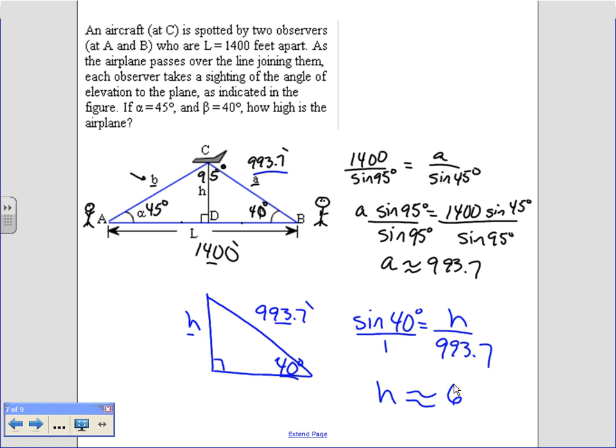Okay, I'll come over there and calculate it. 638.8, which probably is the nearest foot that they would ask. About 639 feet. Okay, now,